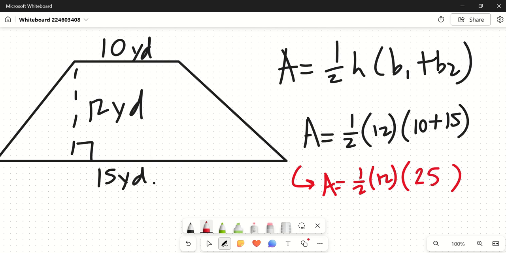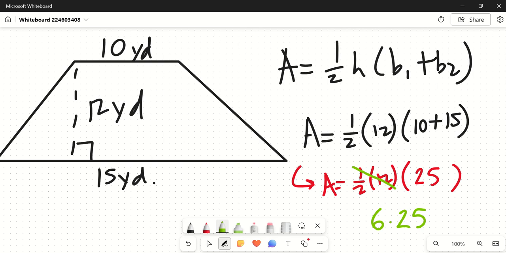Now, what I can normally do is just do 12 times 25 and then divide it by 2. Or, because one of these is an even number, I'm going to take half of one of them now. Which one can I take half of really quickly? 12, because it's an even number. So, I'm going to take half of 12, which is 6. So, this will now become 6 times 25. Anybody know what that is